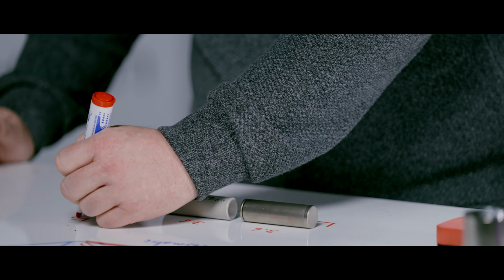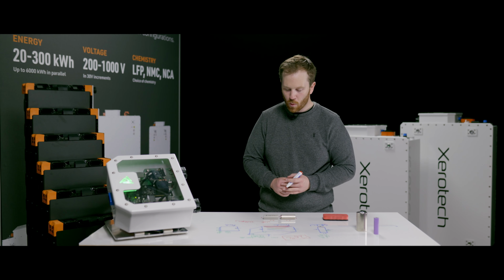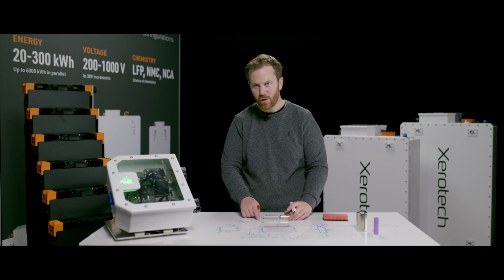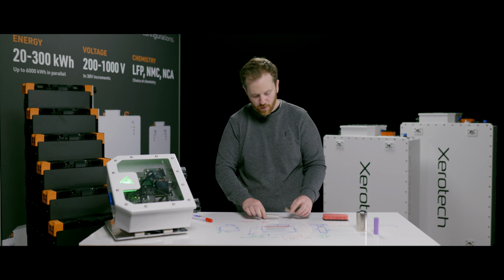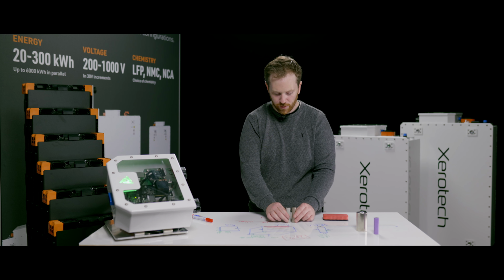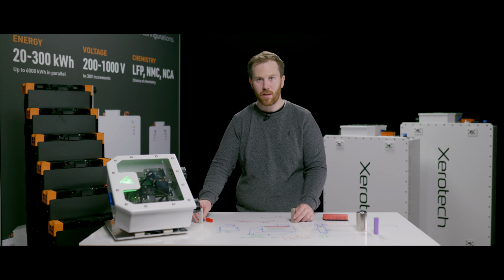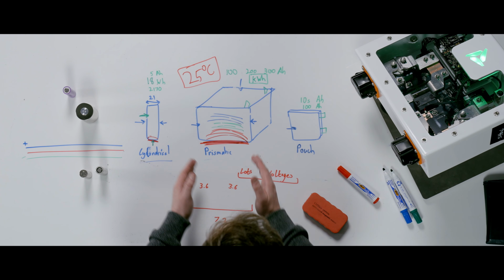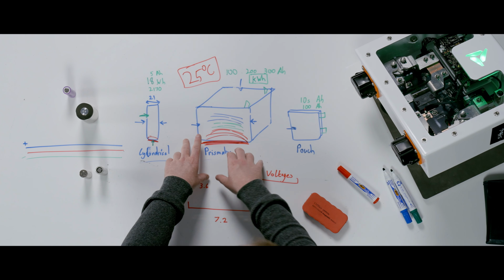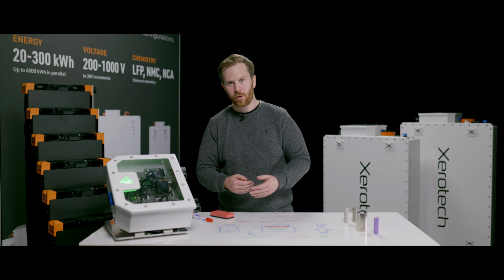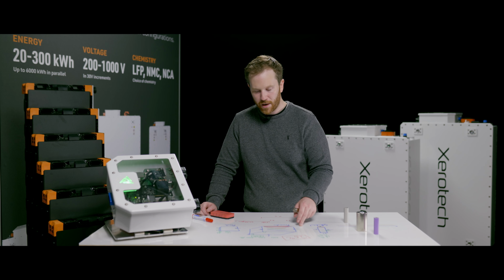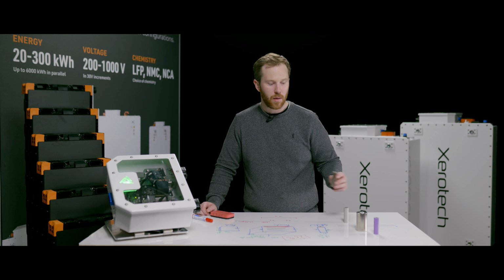This is very important for the type of markets that Zerotech operates in, where we're making a platform to meet many different markets. We want to be able to offer you lots of voltages and lots of capacities. So if you've got small units of energy, I can have modules that have 6 cells, 12 cells, 18 cells, and so forth. Or if you've only got very large prismatics or pouches, it's a lot less flexible. You're going up in much larger increments of energy, and your voltages will be quite different as well. So there's a lot of advantages for using smaller cells from both a safety perspective, a thermal management perspective, but also a platform scalability perspective.